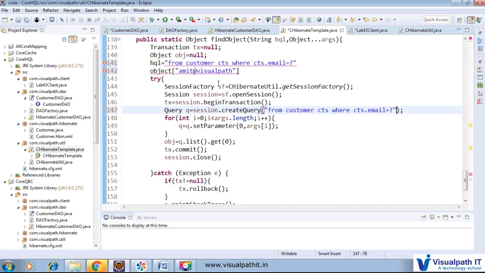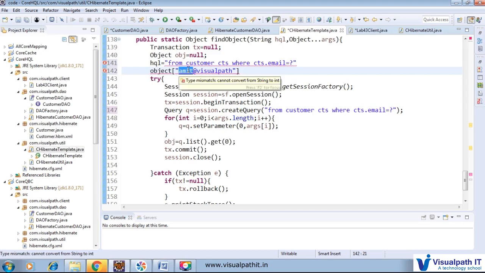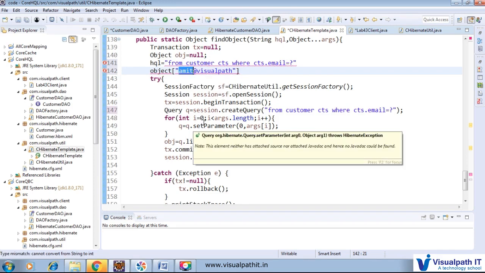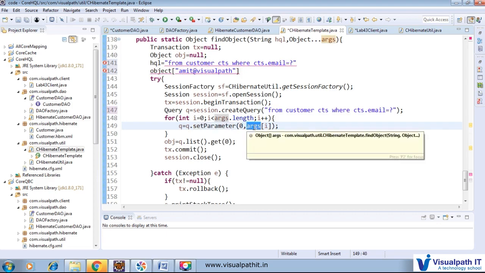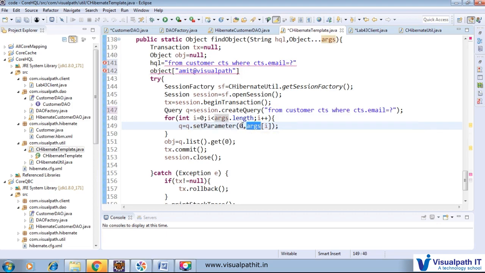Next, we have this object argument, which is only one, so the object length is only one. So this loop will run only one time, and that time we will call q.setParameter. It's the 0th location, so it will be in the 0th position. We'll set the first argument. Actually, it will not work like this, I have to pass i, then it works dynamically.